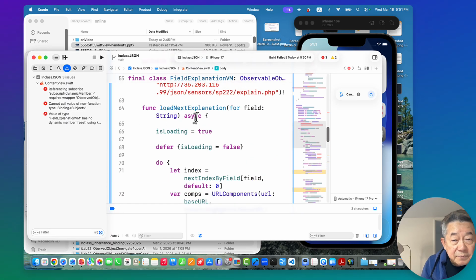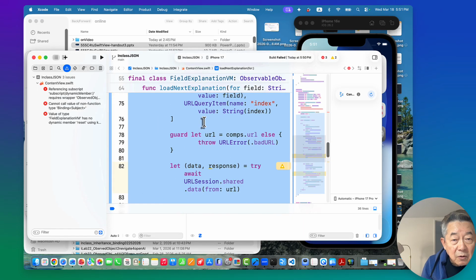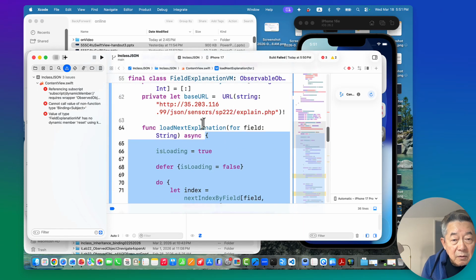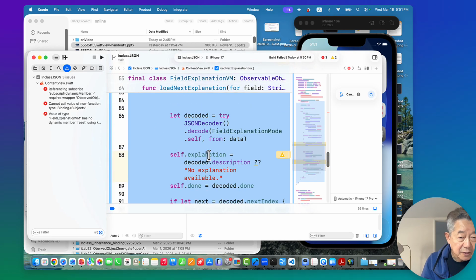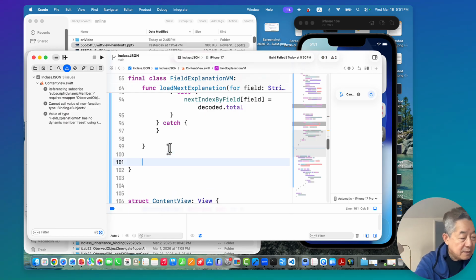We had here all the actions when the button is clicked to load the next explanation. Similarly, I think we can get another function after this, func reset, and then the field name,